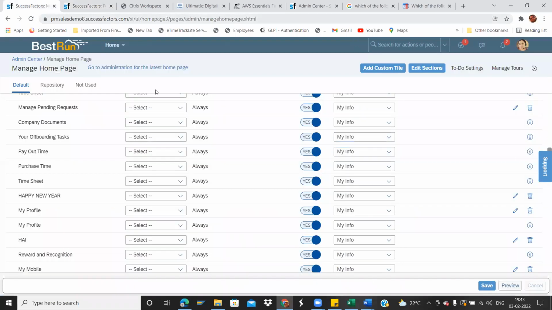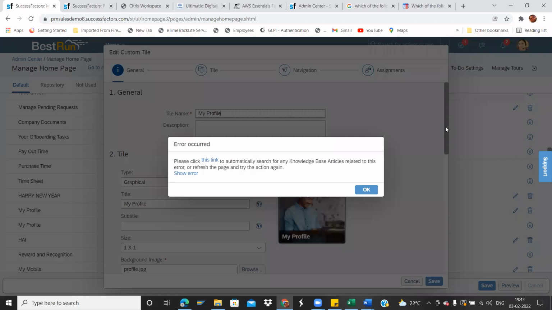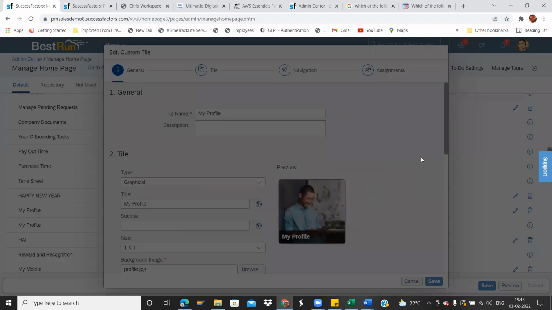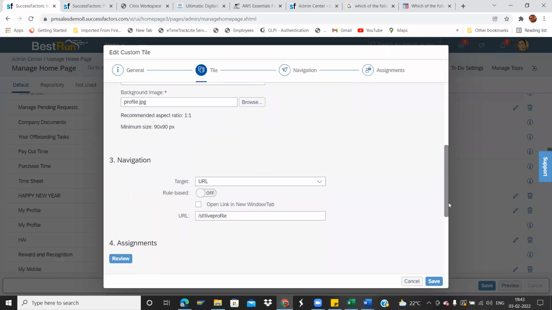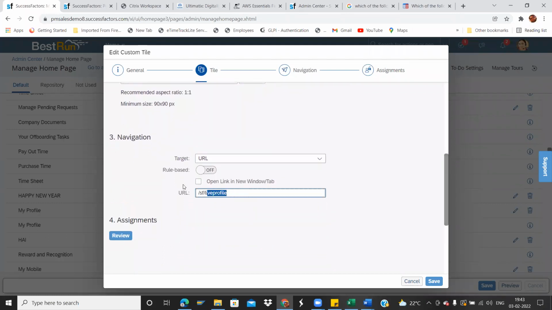If I want to edit it, it might be the link they have. Might be the URL they have selected. These are the standard forms URLs, slash sf slash live profile. It will take you to the particular profile.